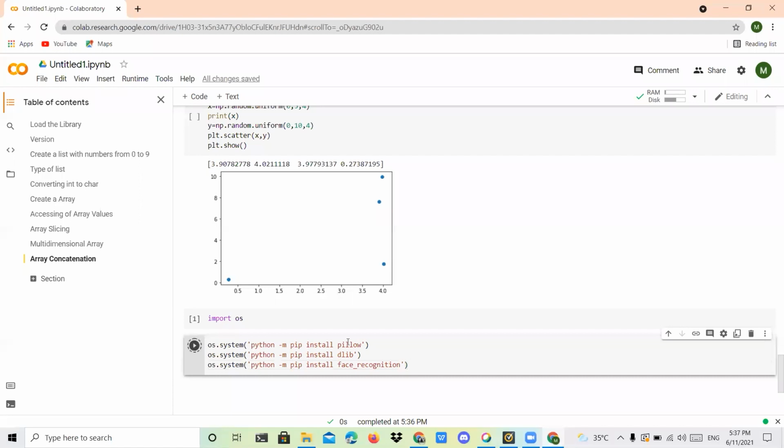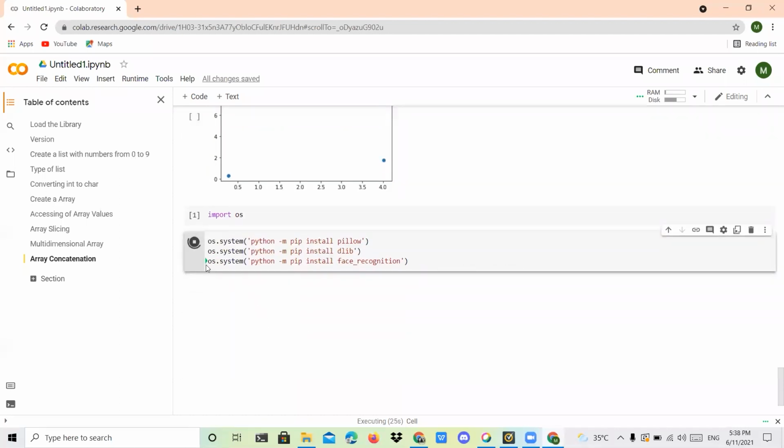After that, you can execute these libraries. Exit status 0 means everything is installed properly. That is the meaning.